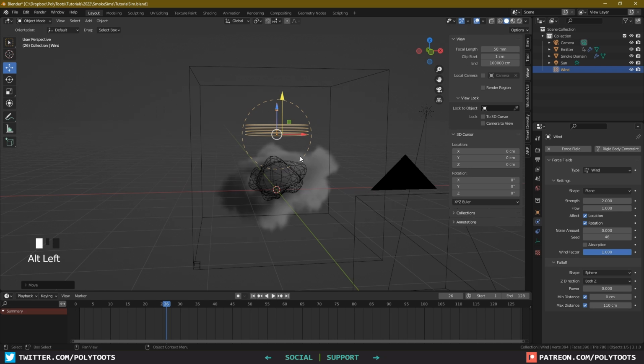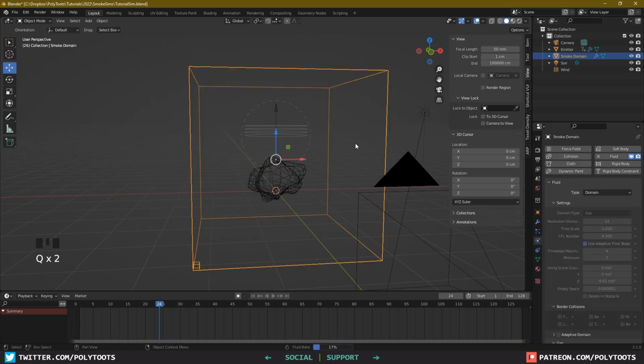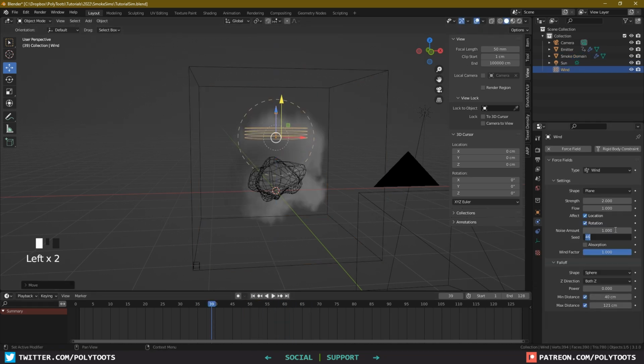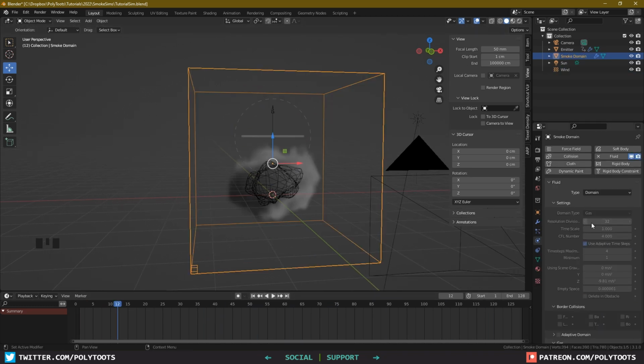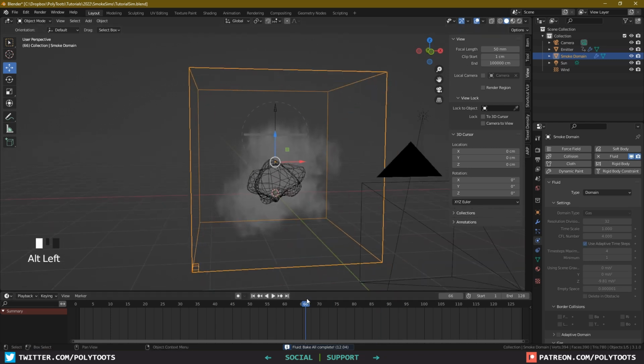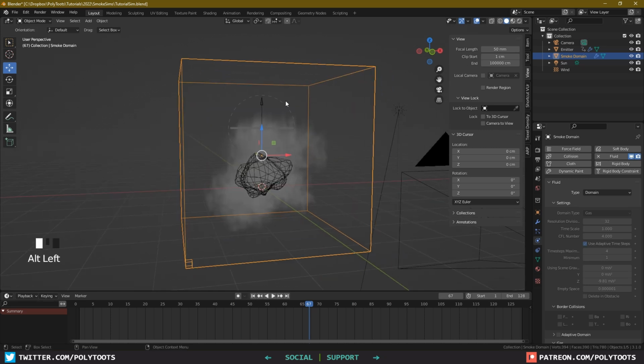Other than that, just play with the speed and the noise until you finally get something that works. It can take a few tweaks and rebakes, which is why it always pays to not crank up your simulation subdivisions too early. So I think we've got something now that is workable. The randomness is still underwhelming as it rises up, but rather than messing around more with the wind force, I'm